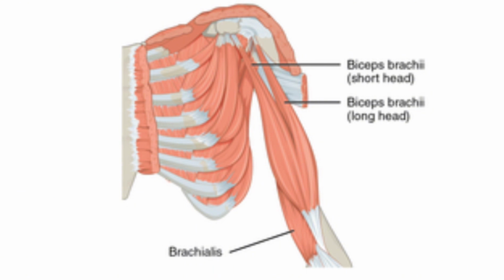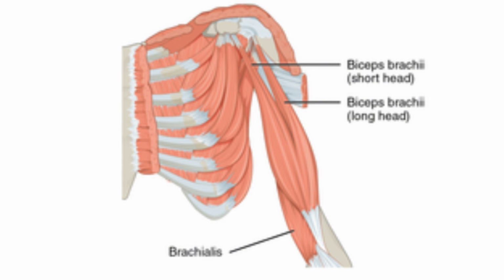The short head starts from the coracoid process, a small bone projection of the scapula, and runs along the inner side of the arm, assisting lifting and pulling movements. Main functions: elbow flexion, which bends the arm at the elbow; forearm supination, which turns the palm upward; shoulder flexion, which helps lift the arm